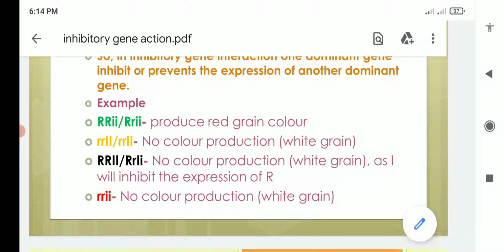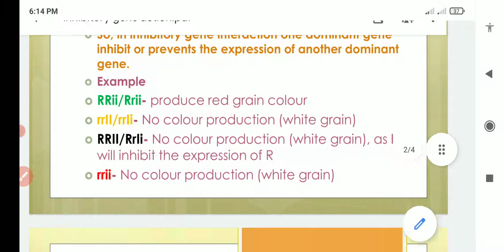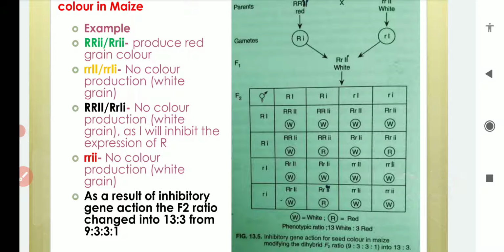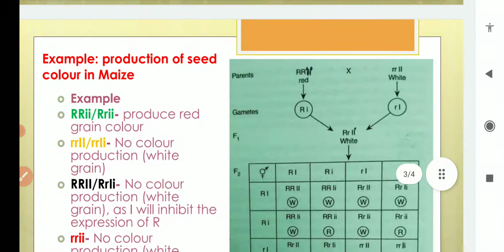We will discuss it with the help of an example, and we will see how gametes are formed and how the 9:3:3:1 ratio, which is the characteristic F2 ratio in a dihybrid cross, is going to change in case of this